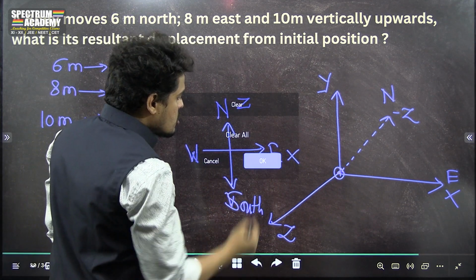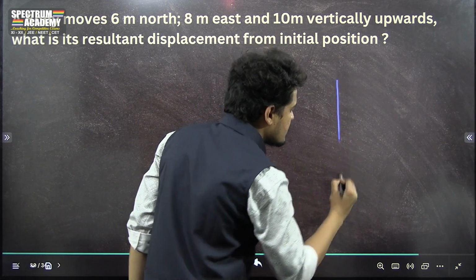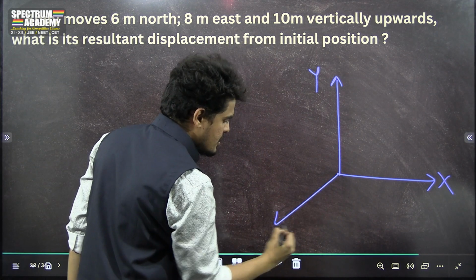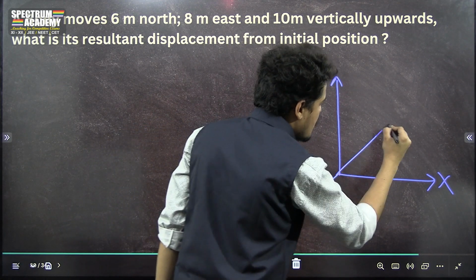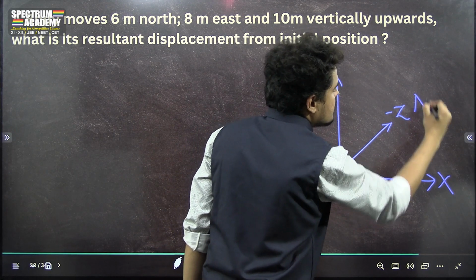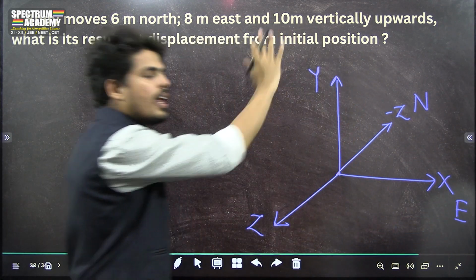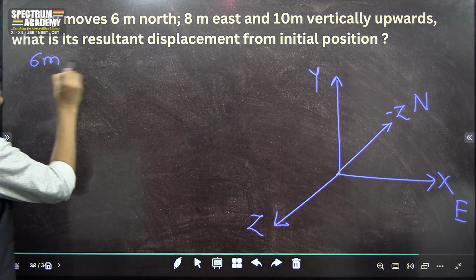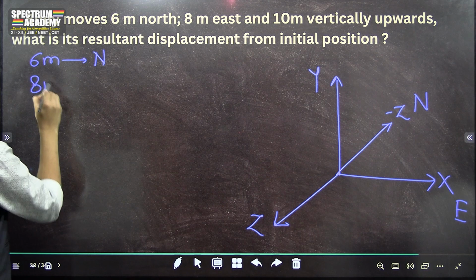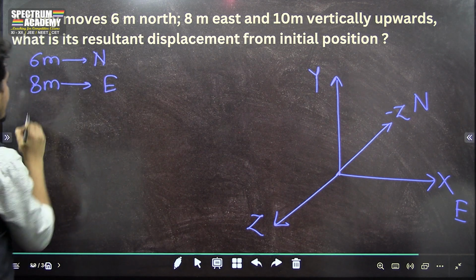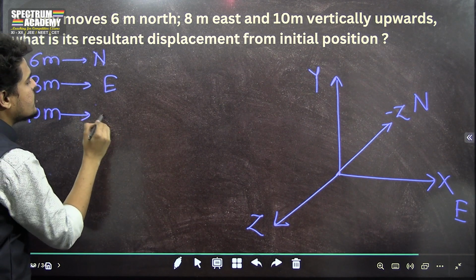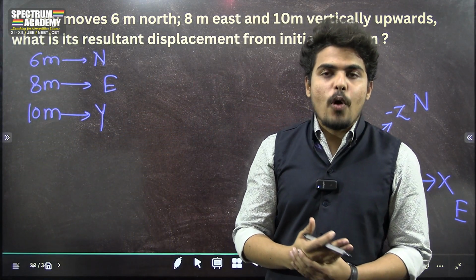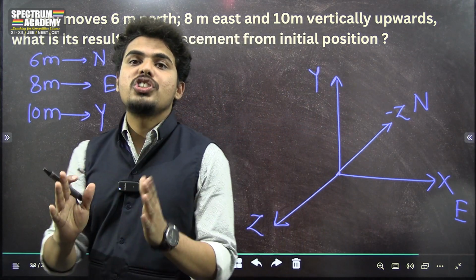Okay. So again, this is x, y, and this is z. So this is minus z. So north, east, and this is vertically upward. So 6 meter in north, 8 meter in east, and 10 meter along पॉजिटिव y एक्सिस, वर्टिकली अपवर्ड्स।